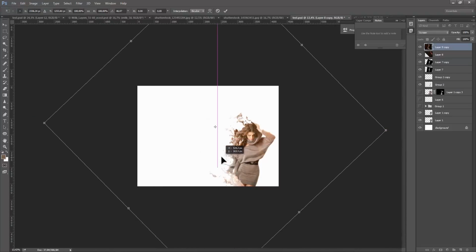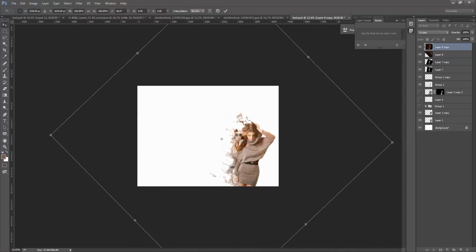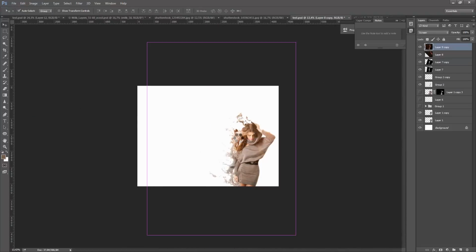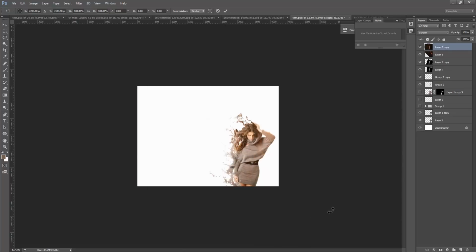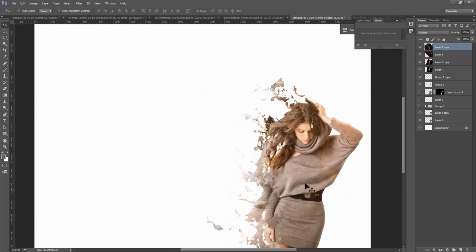I had kind of a hard time to get the right displacement or splashy thing. So it's all about just doing over again and then try again. As you can see here, this is the smoke thing. I'm just playing around, trying to displace that as well. So now I'm just going to